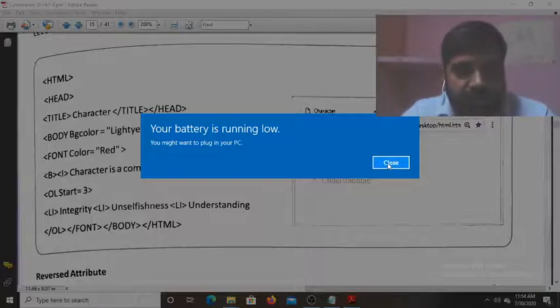Just please give me a 1 minute. My battery of laptop is running slow, so let me connect the charger.